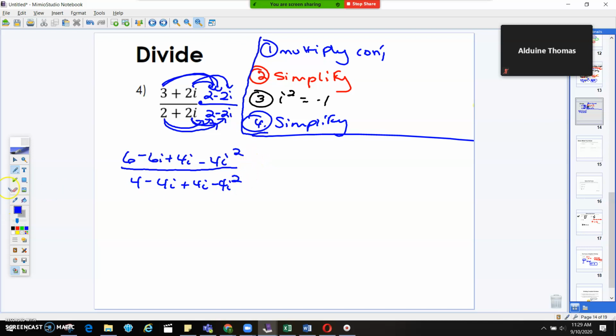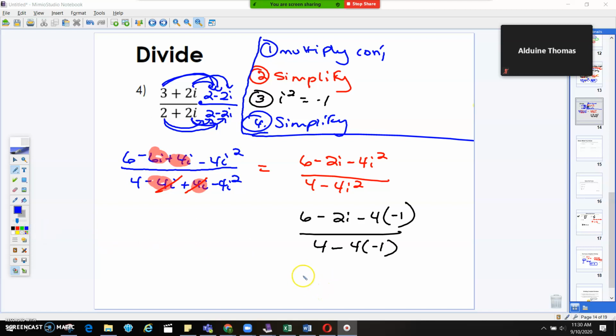Okay? Second step, we're going to simplify, so we're going to combine our like terms. In the top, I've got this negative 6i plus 4i. And then in the bottom, I've got negative 4i plus 4i. So if I simplify this in the top, I'm going to get 6 minus 2i minus 4i squared all over 4, and these will cancel out, minus 4i squared. My third step is to plug in that negative 1. So I'm going to plug in negative 1. And that last step is going to be to simplify. So 4 plus 4